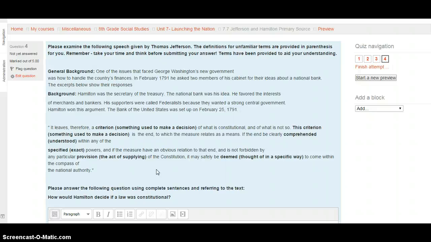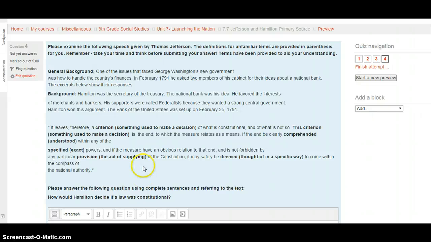National Bank. It leaves, therefore, a criterion, something to make a decision, of what is constitutional and of what isn't. This criterion, something used to make a decision, is the end to which the measure relates as a means. If the end be clearly comprehended or understood within any of the specified exact powers, and if the measure have an obvious relation to that end, and is not forbidden by any particular provision, act of supplying, of the Constitution, it may safely be deemed or thought of in a specific way to come within the compass of the national